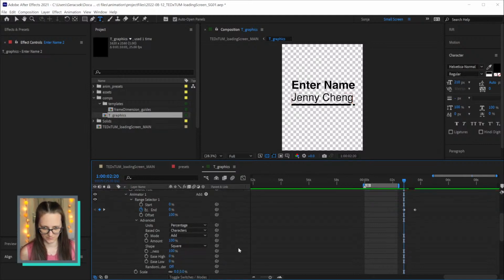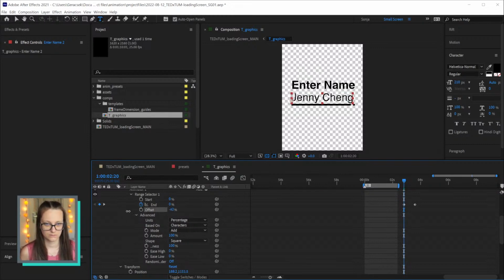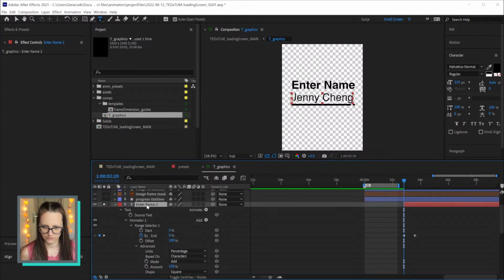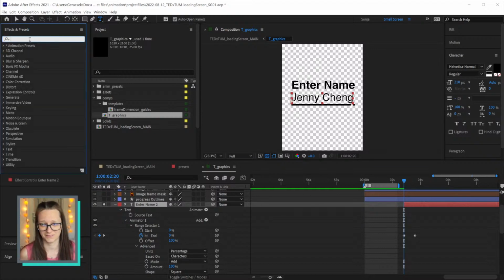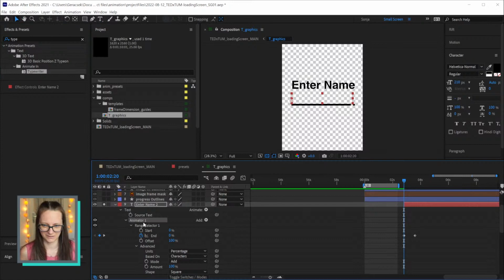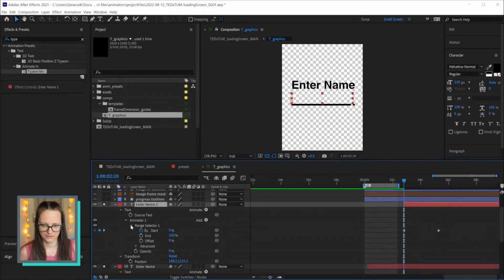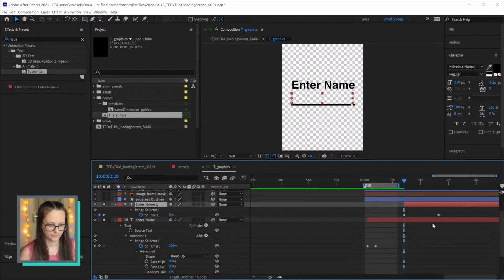Why is this not animating? Oh, right, we're not animating the scale. What do I need to do? Okay, I don't know how this typewriter effect is actually done, so I'm just gonna use the typewriter effect instead of trying to make it myself. Oh. Right, so there we go. Oh, it is opacity. Okay. It is opacity. And then maybe we do like